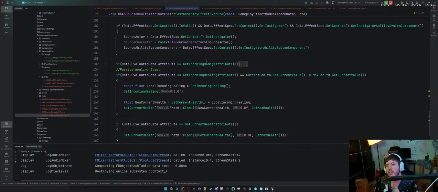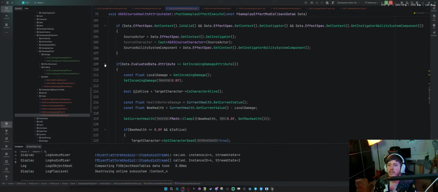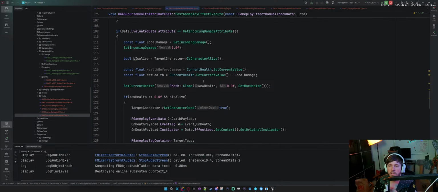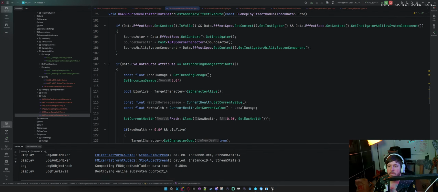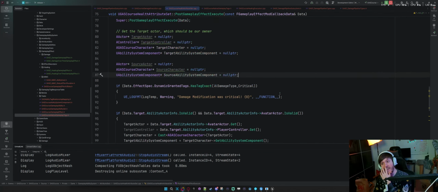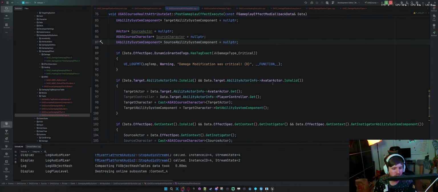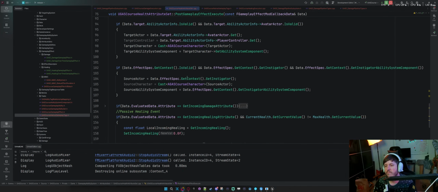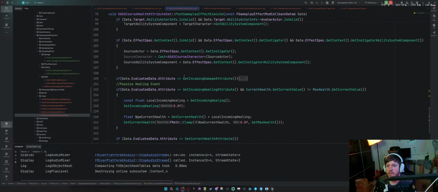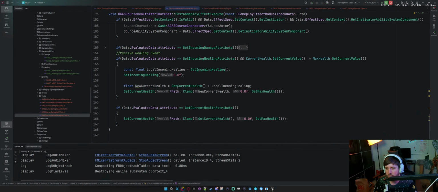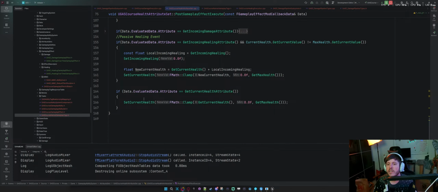Well, I mean, the get incoming damage attribute, I'm assuming this is. Alright, I guess I could determine if it's healing, because I could do some math. There's incoming damage, incoming healing, but then there's this if it's get current health attribute, right? Yeah, okay.